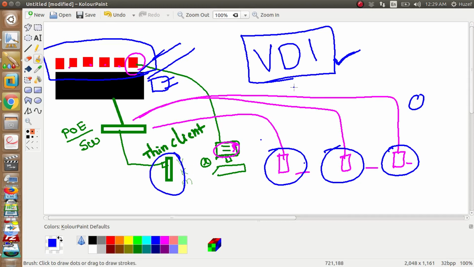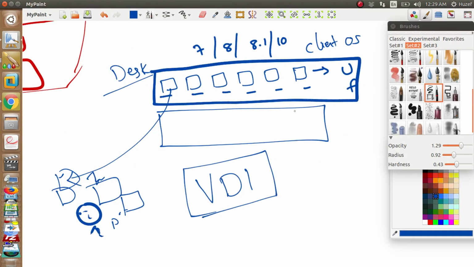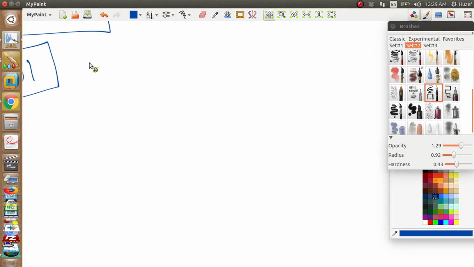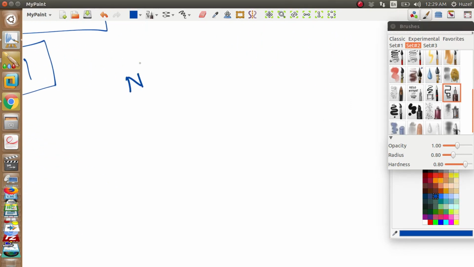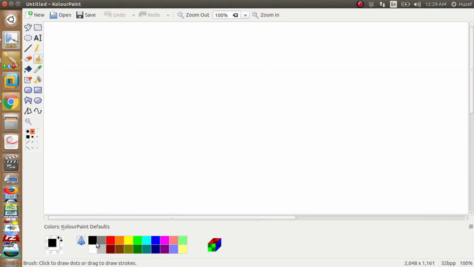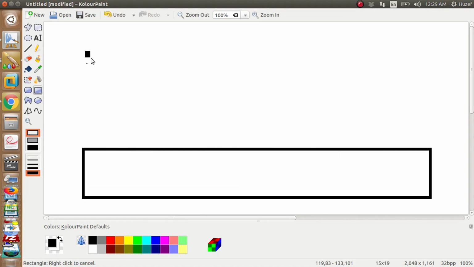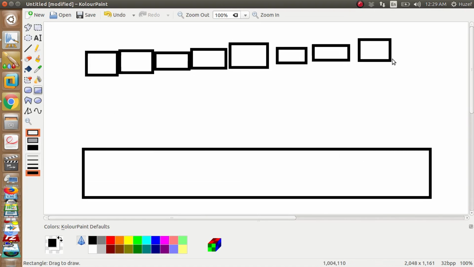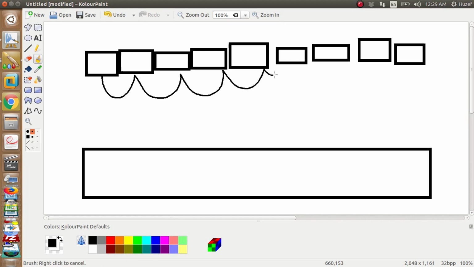So if we do like this, this is known as desktop virtualization. Now next, network virtualization. What is network virtualization? If you have a physical computer, on top of it we have so many virtual machines with the help of software. We need to allow virtual machines to communicate to other virtual machines,